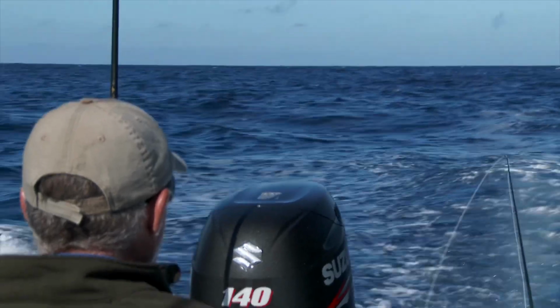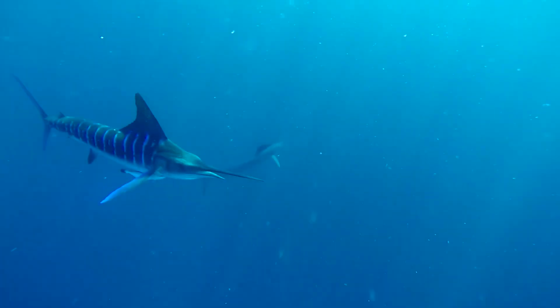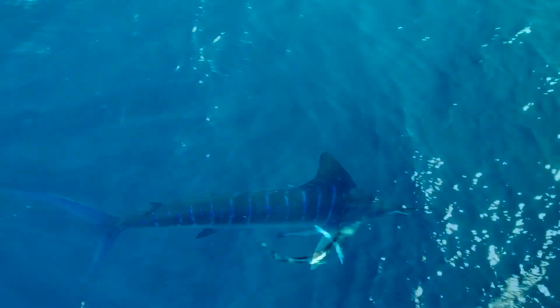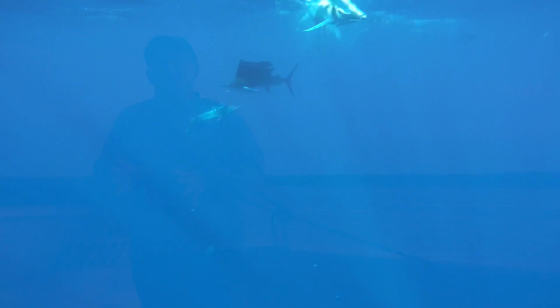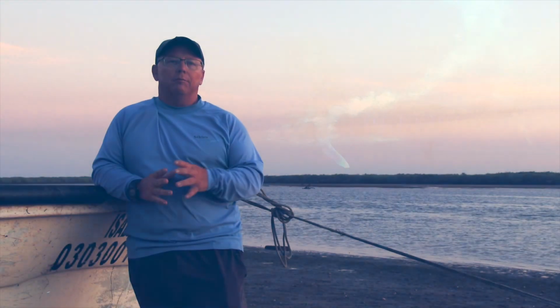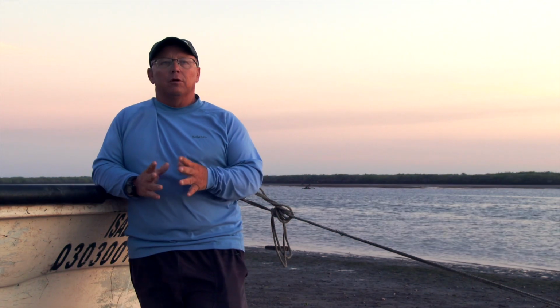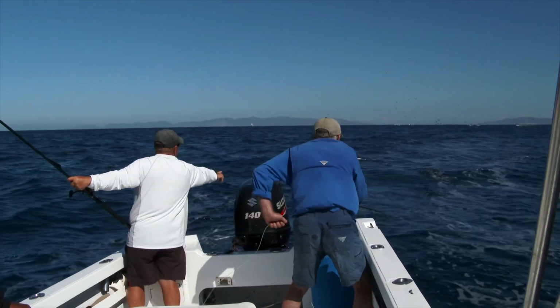Then you have an offshore fishery, which is famous for its run of marlin, and that run of marlin occurs usually sometime between early October and early December. So October 15th to November 15th being kind of your prime time window. But again, the last couple of years it started earlier, and that is a run of marlin that's very, very